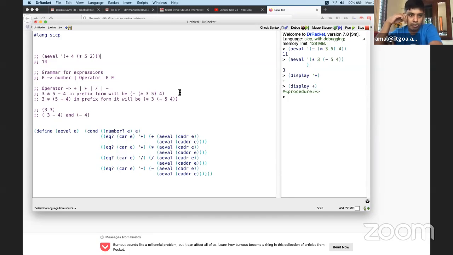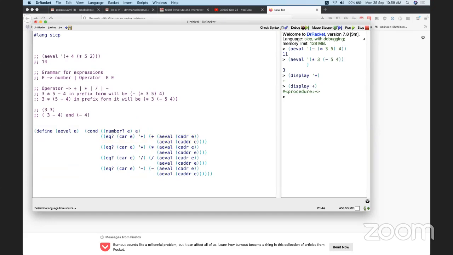So how do we parse? First of all, let's try to build another symbolic expression. If we are given a symbolic expression like this, can we build